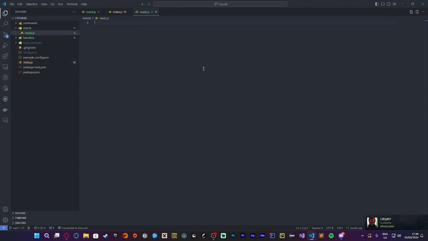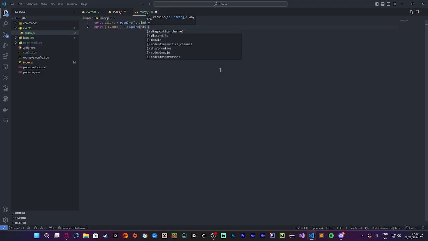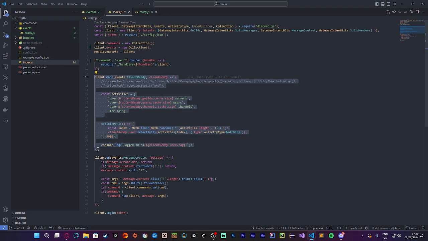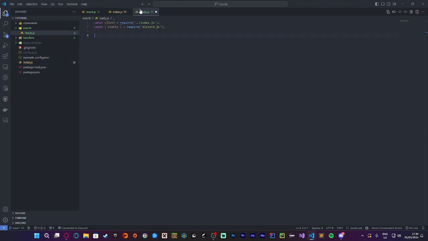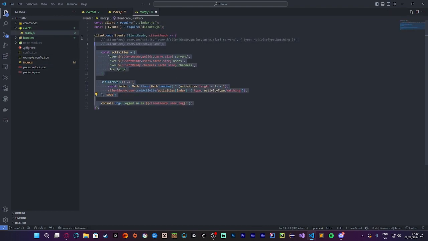And now in this ready.js file, we're going to do const client equals require ../index.js because we're going to pull the client in, and I think we're going to have to do const events equals require discord.js. This is going to import what we need. The next thing we're going to do is take this right here that I had highlighted already, copy it and just paste it in here. This is all we would need to do. So if we save that file,